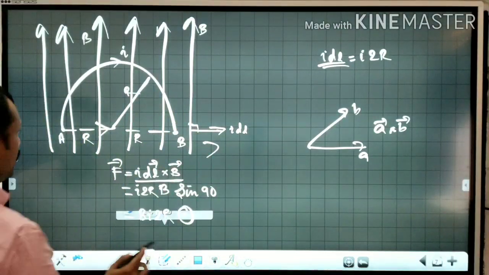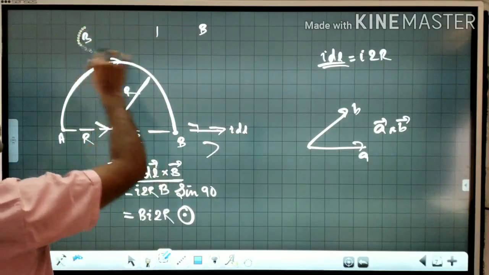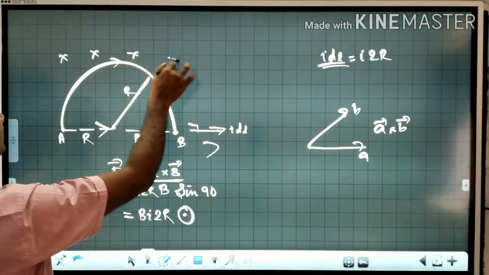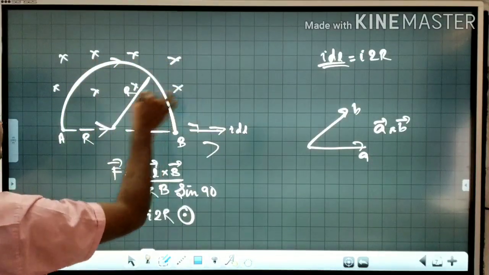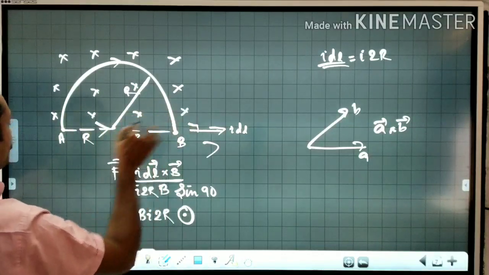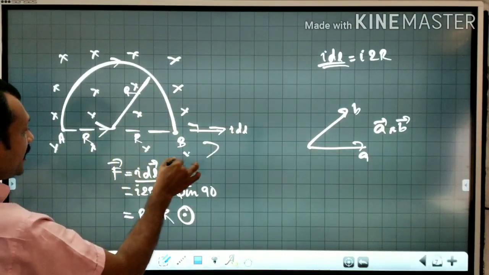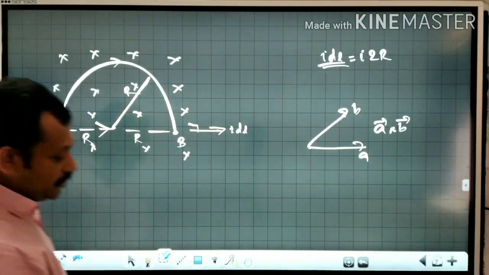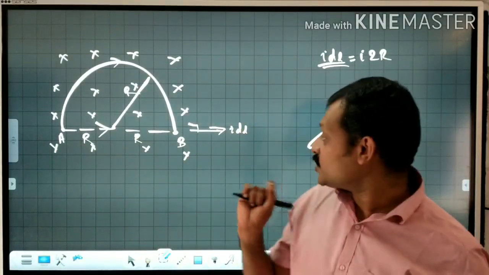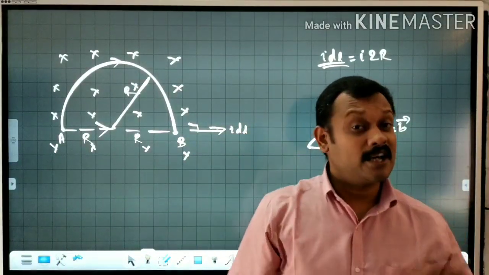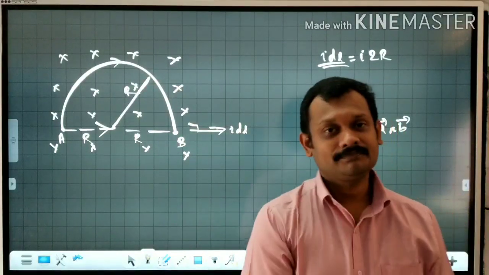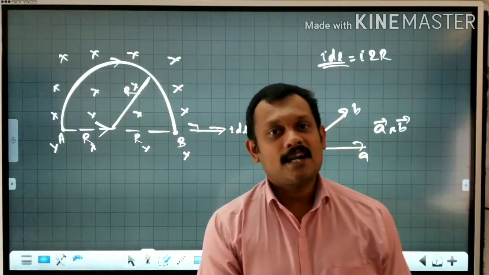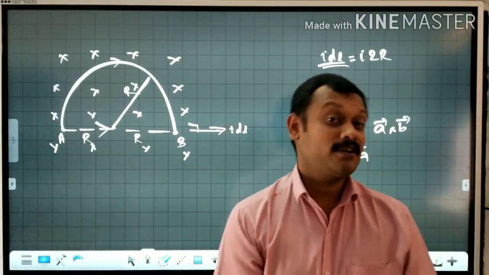So that is our board. Now I give a homework for you. The same question, but we can do it in another way. In this case, I am considering the magnetic field directed in the plane of the board, and you need to get me the answer. What is the direction as well as magnitude of the magnetic force on this current carrying conductor? This is your question as homework.